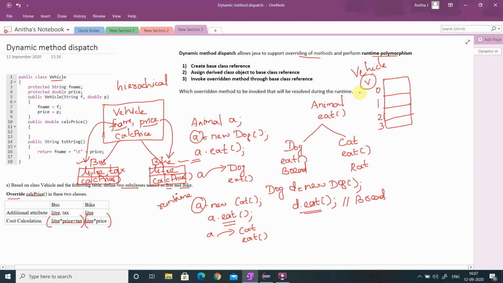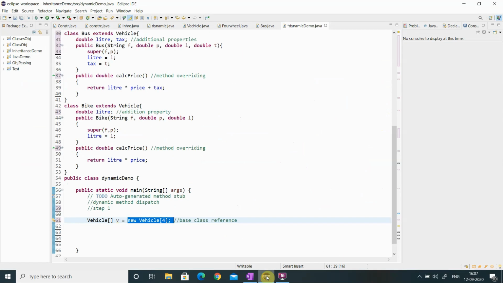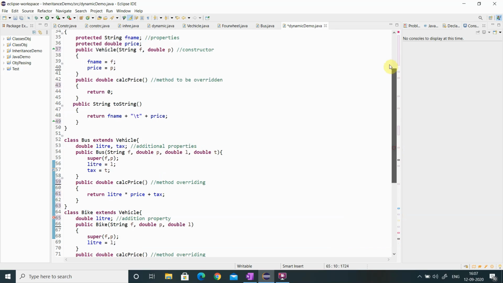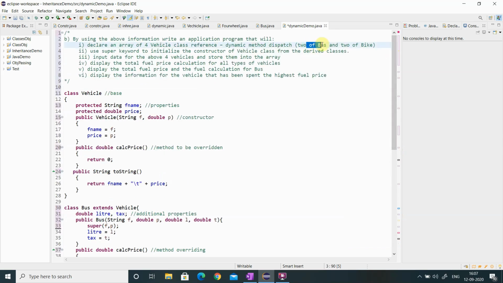Now we are moving to step 2, which is assigning the derived class object to the base class reference. In that question it is given that for 2 base class references you assign the derived class bus, and for the other 2 base class references you assign the derived class bike.